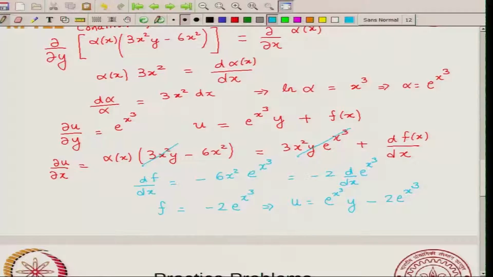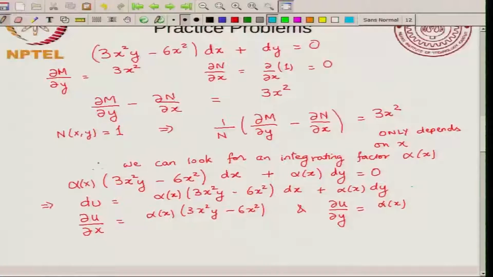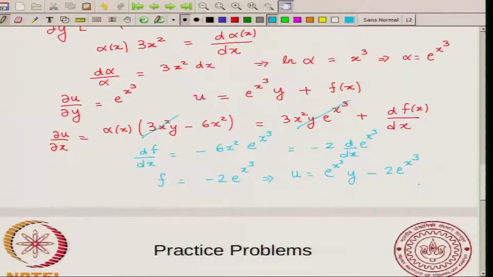Okay. And remember, this is an exact differential. So du is this. So the differential equation is du equal to 0. So du equal to 0 is the differential equation. So the solution is u is a constant. Okay, the solution is u is an arbitrary constant. So then I can write my solution as this equal to constant